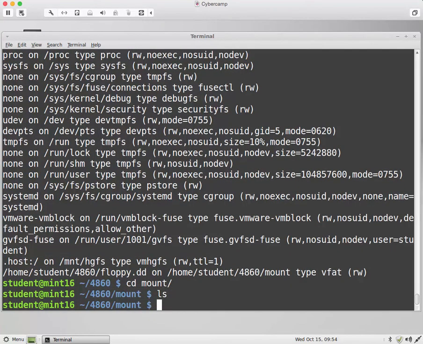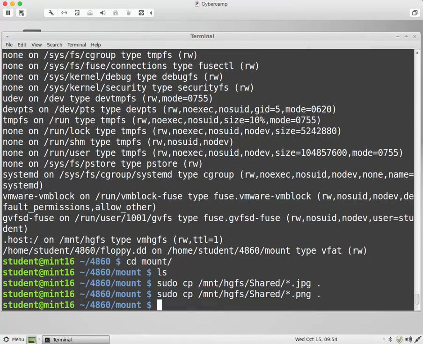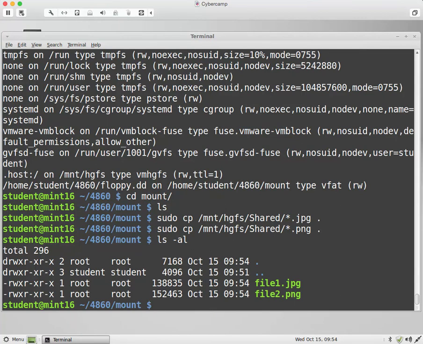You see there's nothing there. So we want to copy the .jpeg file here and the .png file here, and they're there. Let's go ahead and let's delete